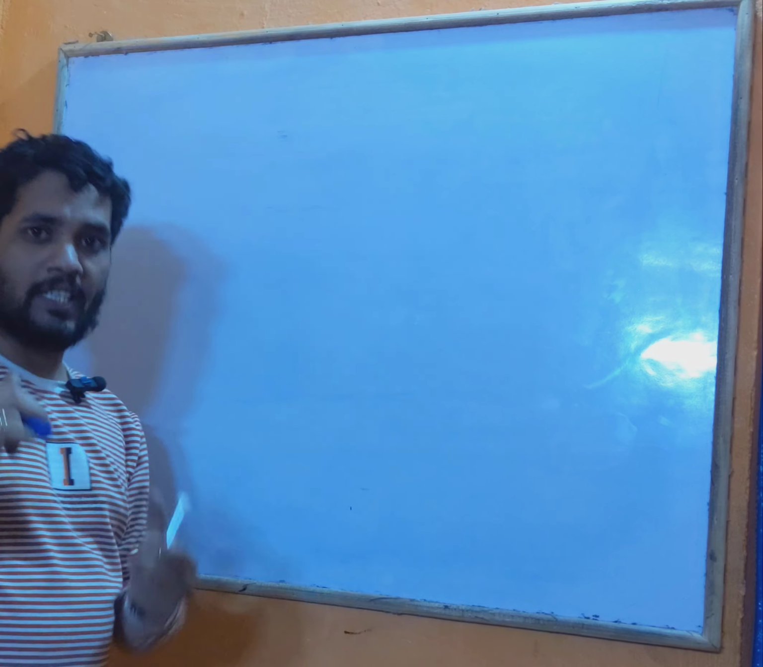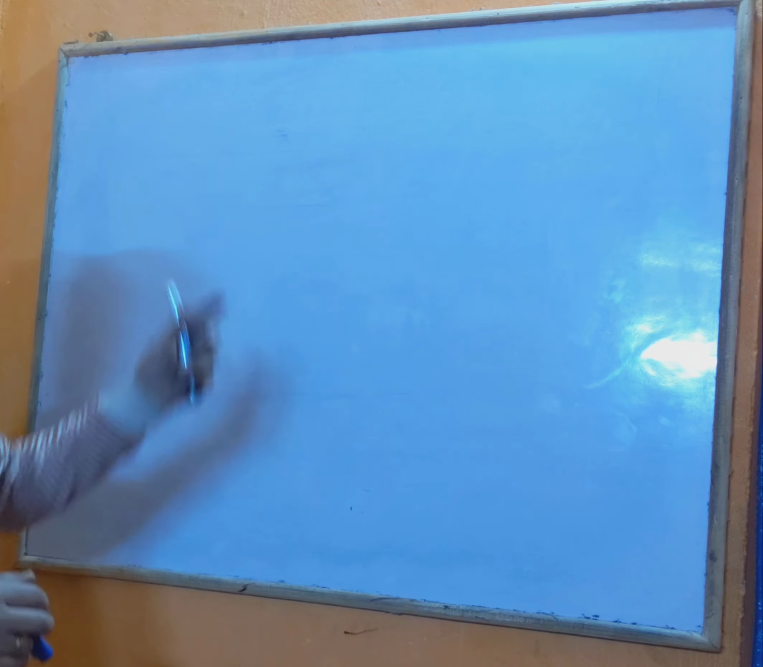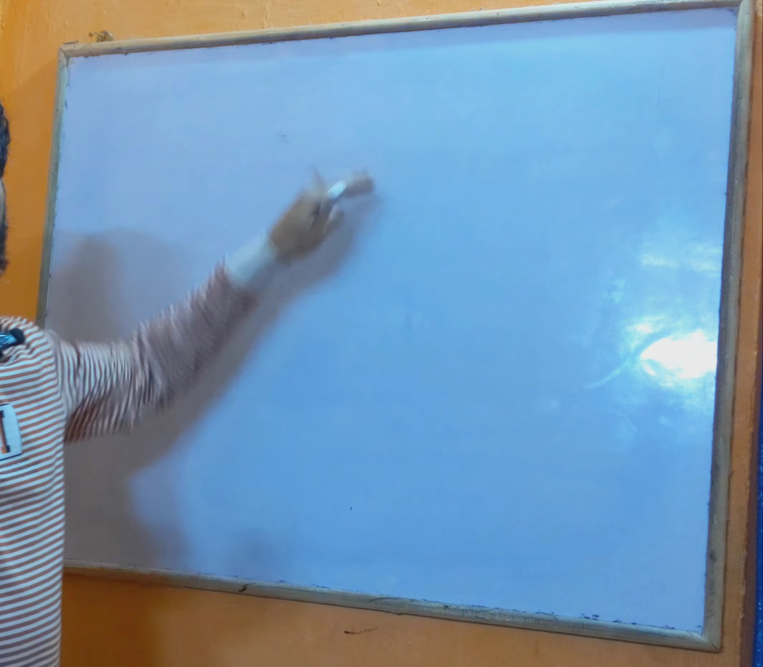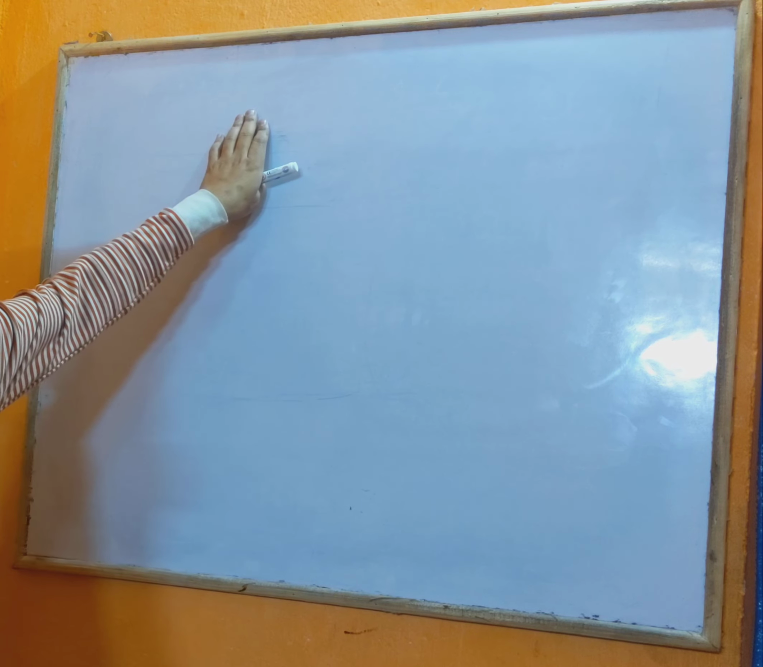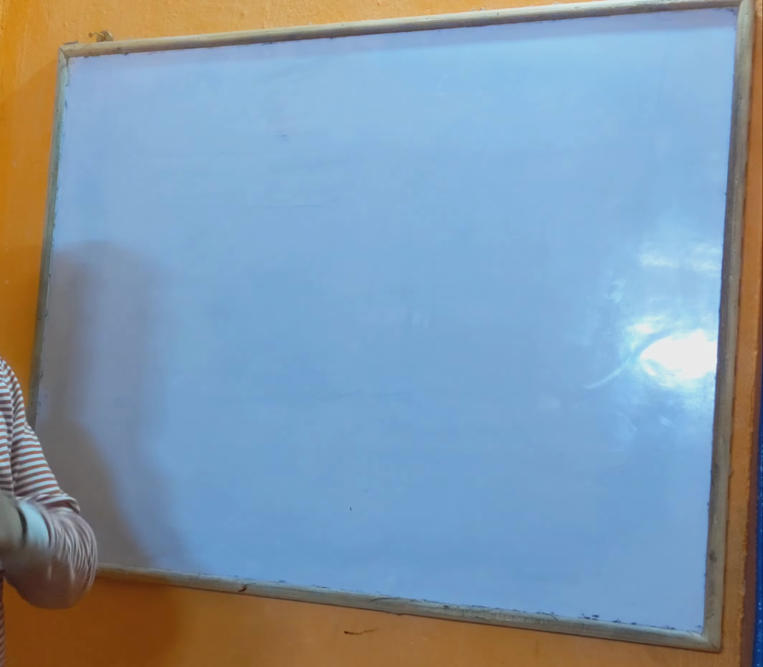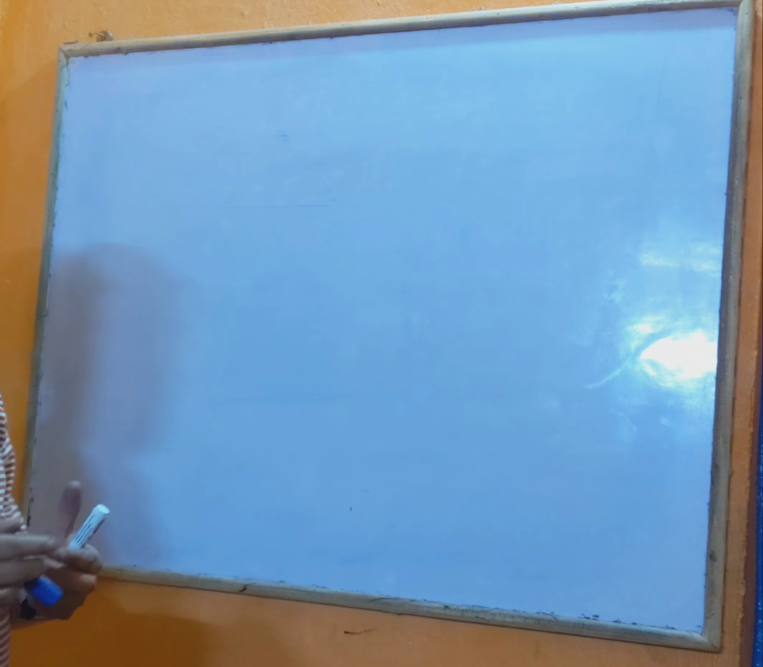Today I am going to discuss statistics. In this chapter we have a few things. Basically, the first one is mean, the second one is mode, and the third one is median. So now let's start with